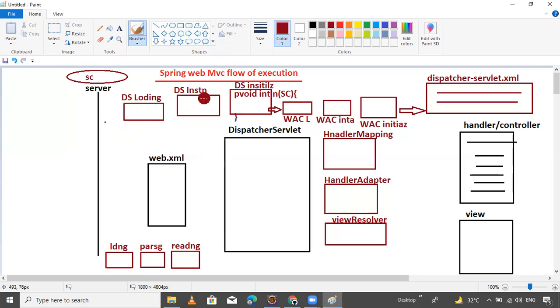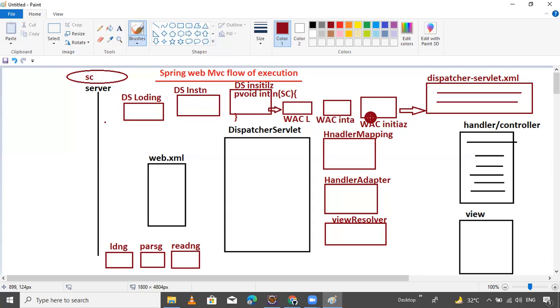It finds the implementation class, and if it exists, then web application context loading, instantiation, and initialization happen.